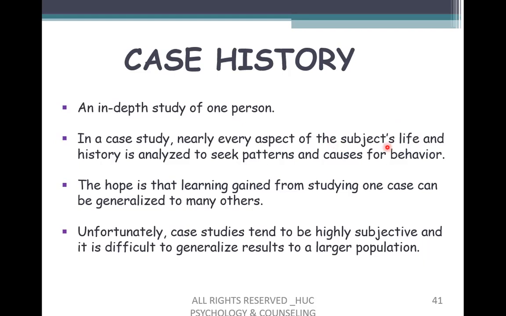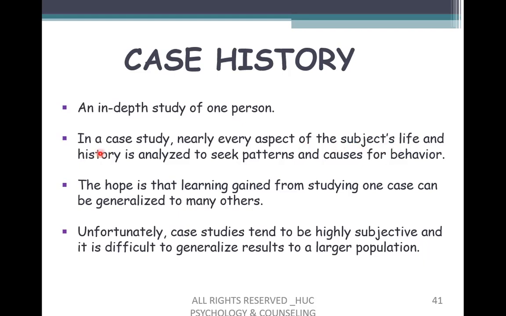So what does subject mean here? Who is called the subject here? Who is the subject here, Rahman? The mind? No, actually, the subject means the person you are doing a case study on. The person whom I am using is called the subject. Now, if I am doing a case study on you, if I want to study about you, you are the subject here. Do you understand? So you will be the subject and I am studying the subject. Okay, that is what is meant by subject here.